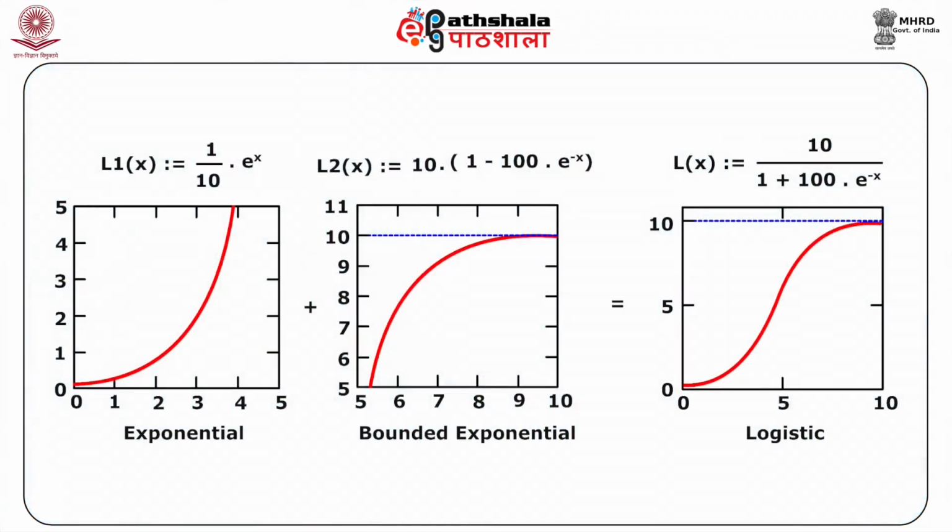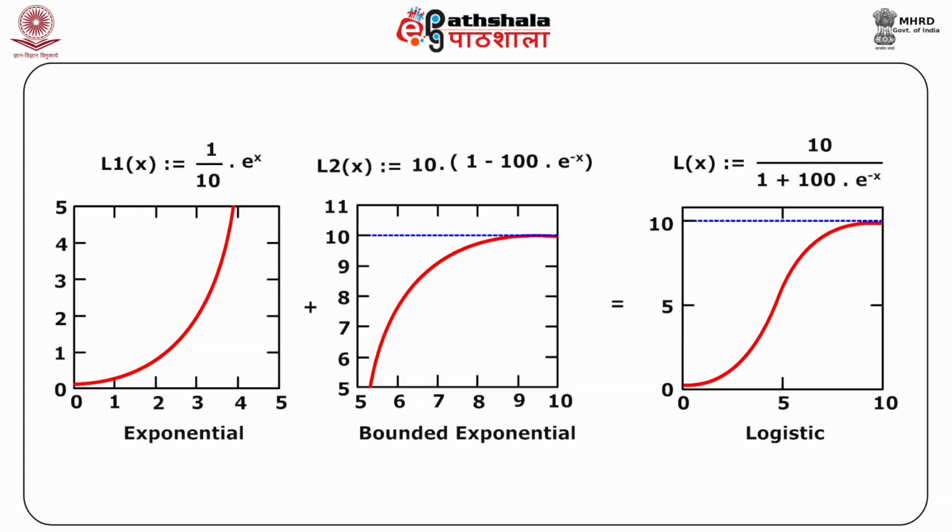The logistic function combines two growth patterns, one of exponential growth and the other of exponential decay. This gives rise to the particular S shape. The first curve captures the exponential growth, and the second shows the slowing down of the growth process. The third shows how we combine the first two, and then we get a logistic function. This is how we could derive a logistic.